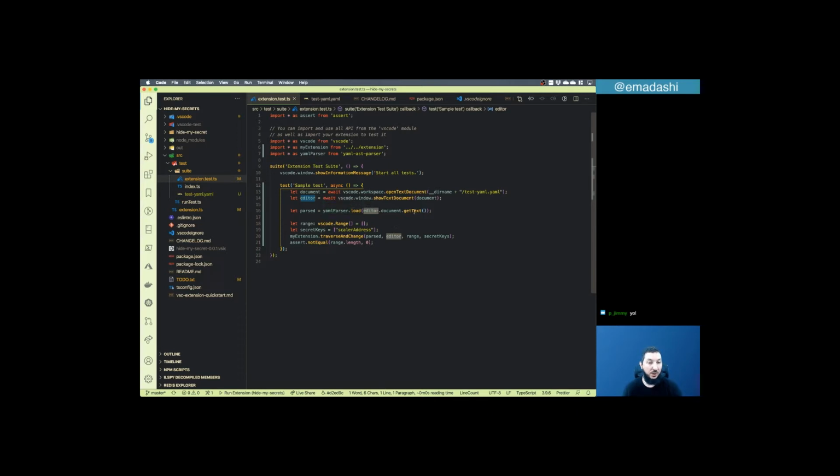And then we get the text from the editor and we parse it. And then we invoke the traverse and change function, passing the parsed YAML, passing the editor, passing the empty range, which is going to discover and fill in the traverse and change. And then,